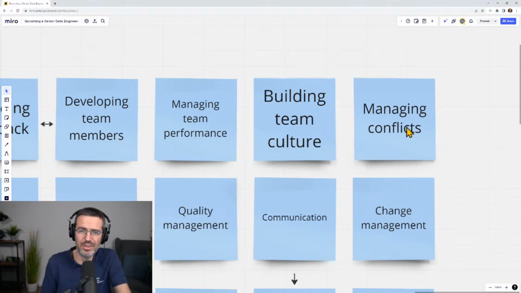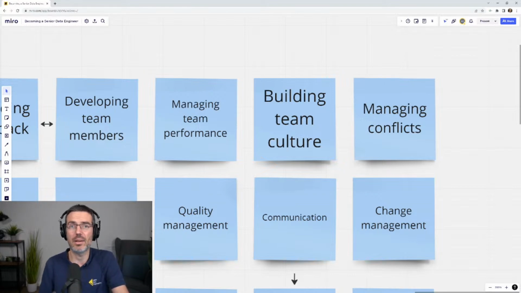Also, the last part here, which is part of managing team performance, building the team, managing conflicts. You always have conflicts in the team, especially in larger teams. Sometimes people don't like each other. Sometimes people are not happy with the performance of others. Sometimes it's discrepancies of whose goal, or is the goal reached or not? Is this good work? Is this not good work? Like that kind of stuff. You need to manage the conflict. Sometimes there are conflicts with outside.